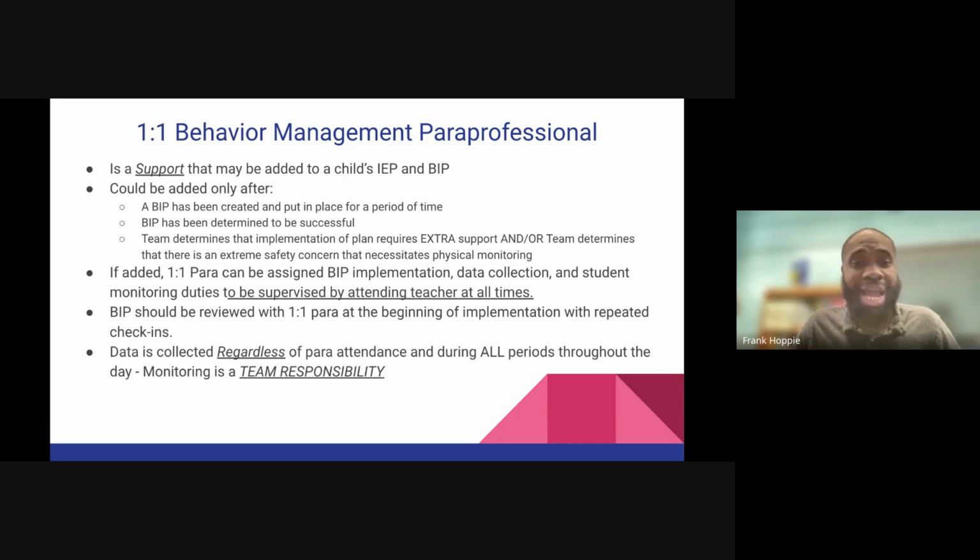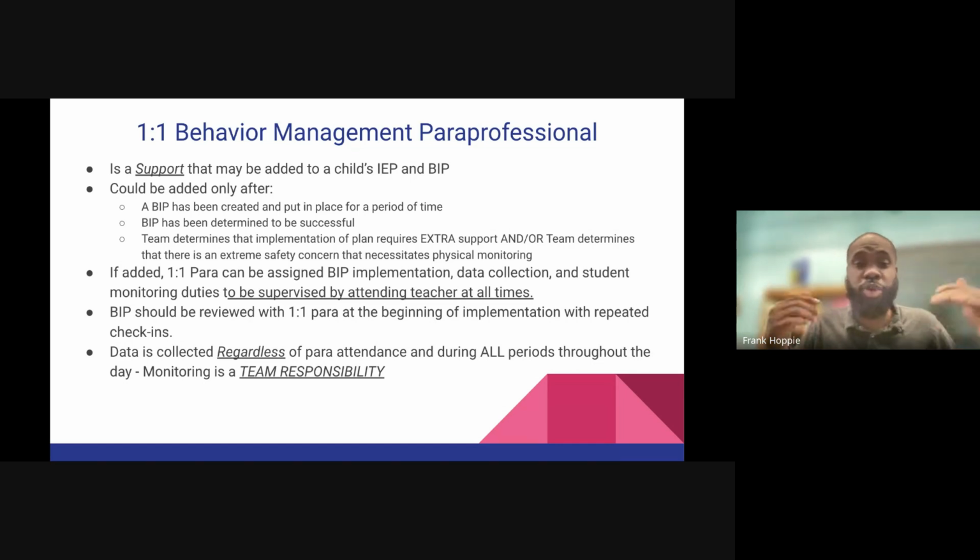So when you add a one-to-one to a BIP, it's to say that whatever interventions we outlined as a team help with this target behavior, whether it's to replace it or to get rid of it altogether. These strategies are supposed to help with this target behavior.